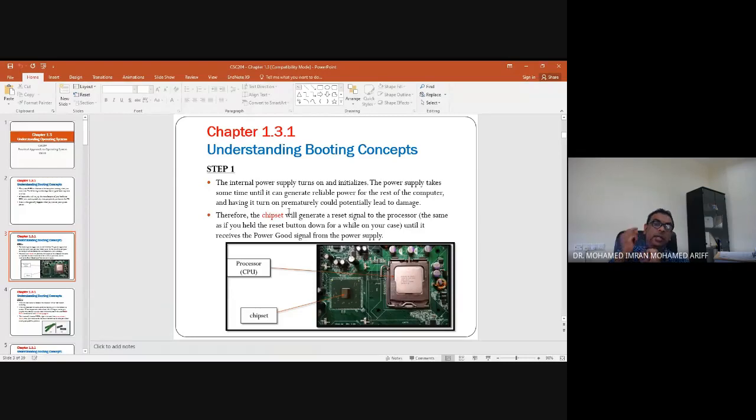The chipset's job is to reset, to clear whatever is inside the processor. Itu je. So step number 1, when you turn on, the chipset will generate a reset signal to the processor to clear whatever is inside the processor.